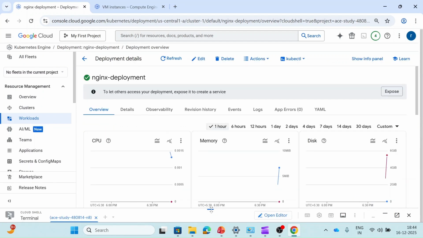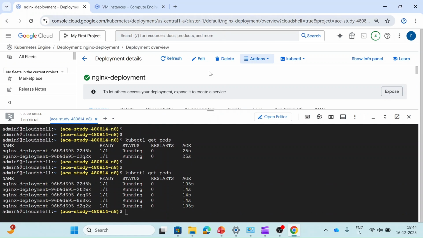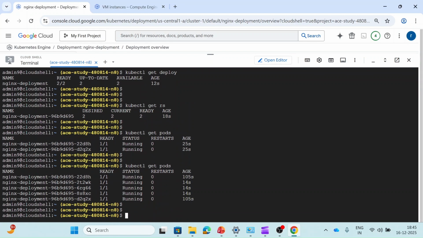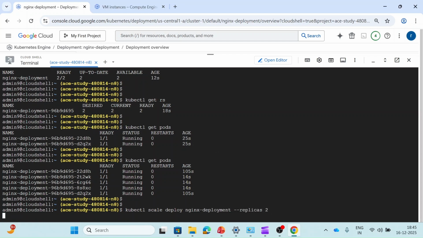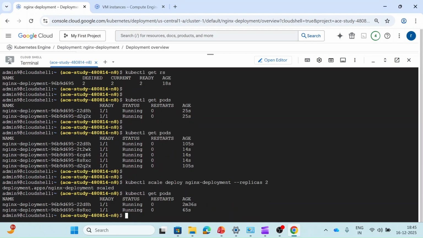deployment from outside also. So we have the option to manage from here, or you can manage via CLI, or if you're using source code, you can define it there also. So even if there are multiple options, we can run this command: kubectl scale deploy, and we have to provide the name of the deployment, nginx-deployment --replicas. And if I give 2, it will scale down to 2. And if I run this command again, you can see now 2 replicas are running. Like this you can do anything if you want.